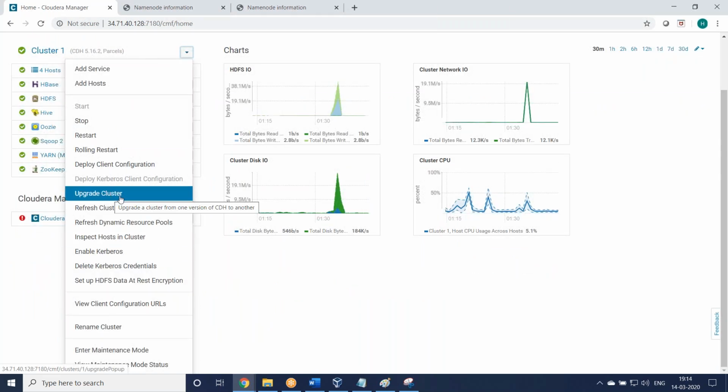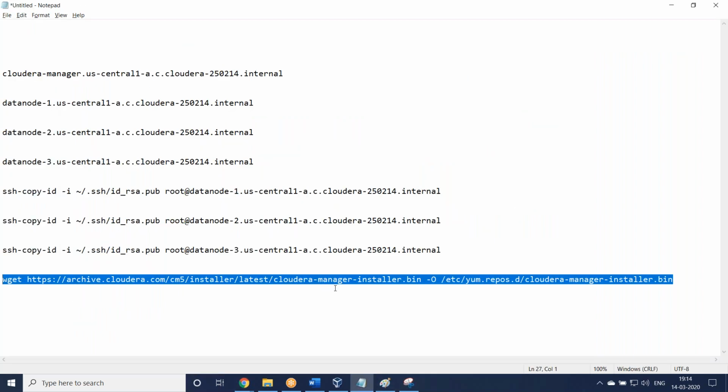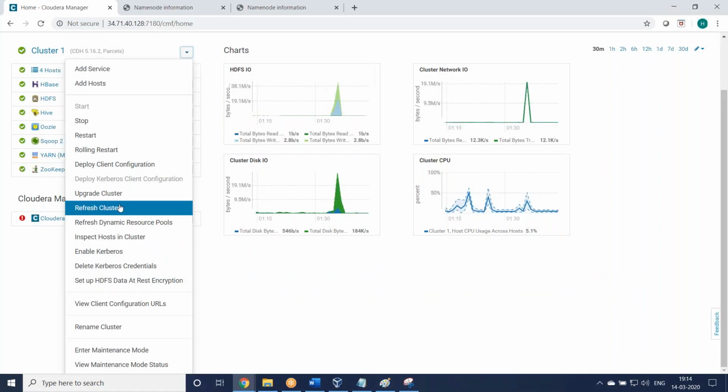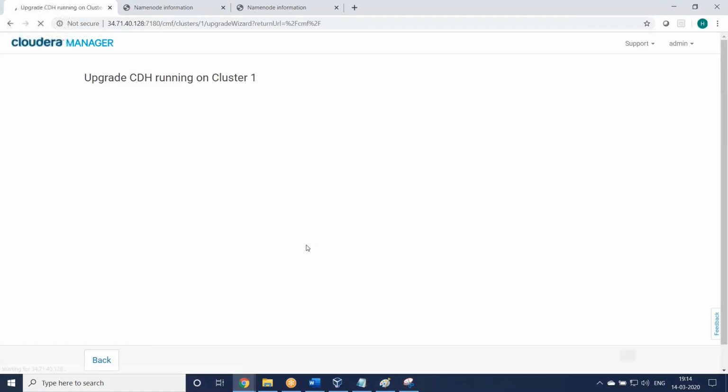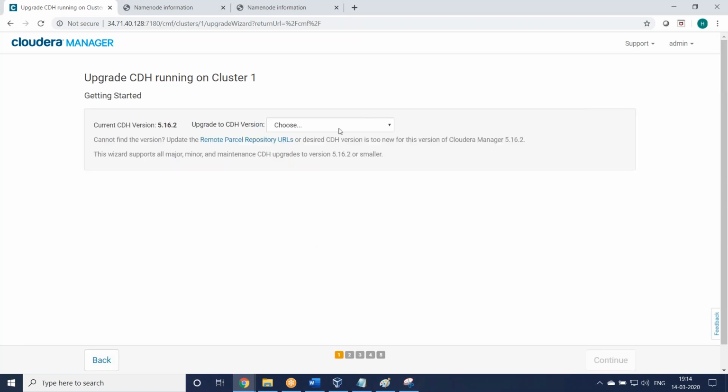Upgrade cluster. Currently we have installed the latest version, 5.16.2. If in future 5.16.5 or 5.17 comes, first we have to download that package. At the start we downloaded this installer bin, so the package we have to download. If you go to upgrade cluster, just check. See, upgrade CDH running on the cluster.